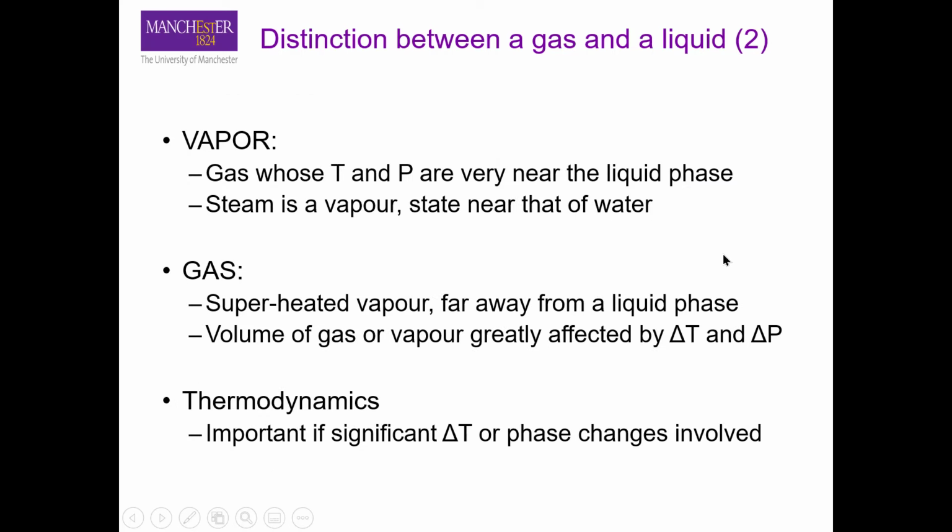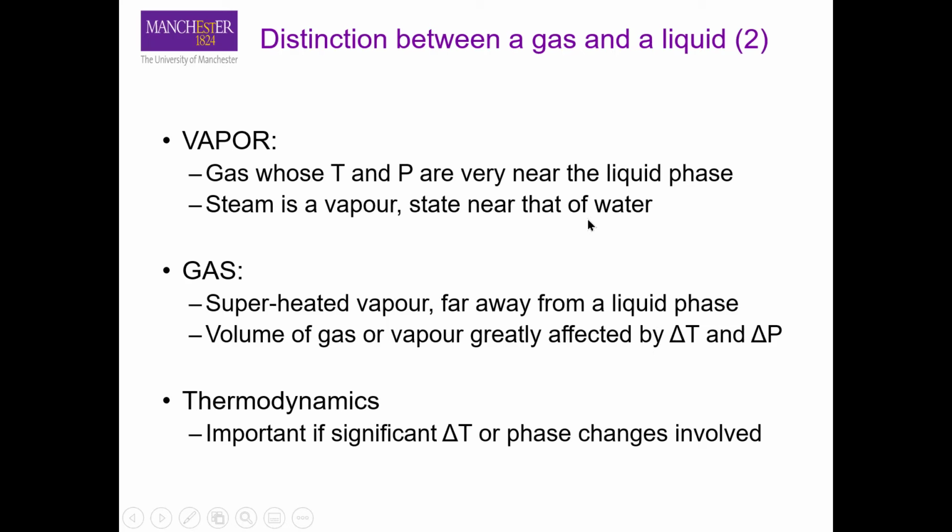For the case of gases, we also have what we call vapors. So vapors are actually gas molecules that are at temperature and pressure conditions that are very close to liquid phase. So it means that if we reduce temperature or we increase pressure, the gas molecule will condense. So for example, steam is a vapor, but if we reduce temperature or increase pressure, it will condense in the